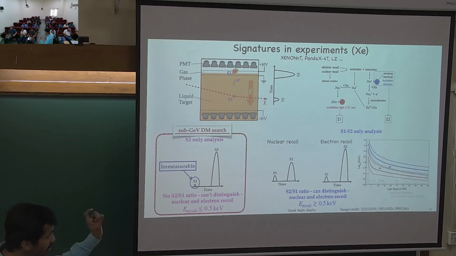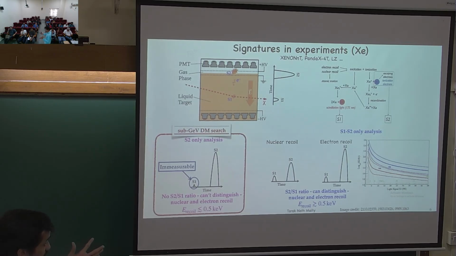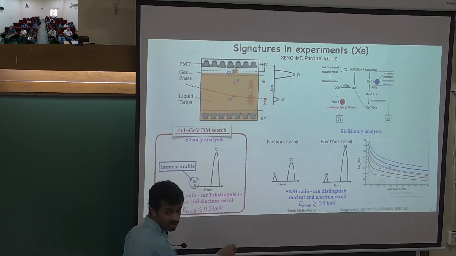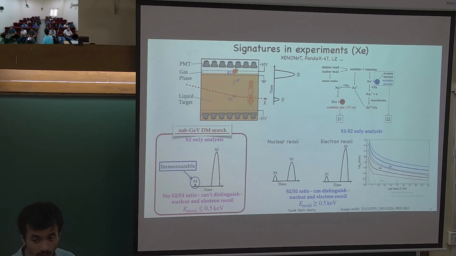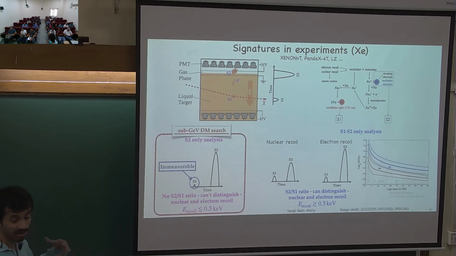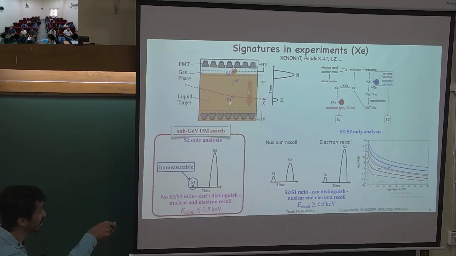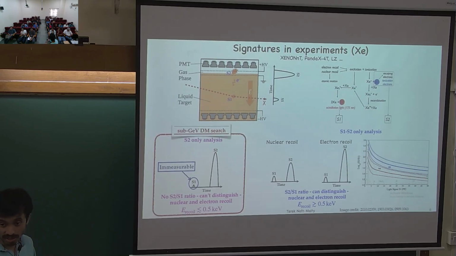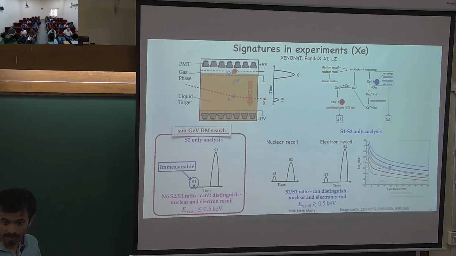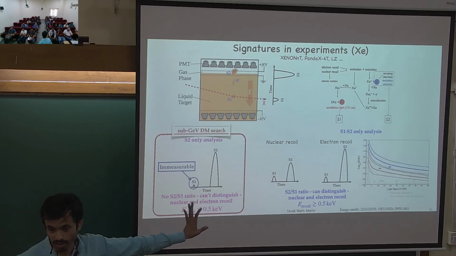So for nuclear recoil, the width of the pulse, this width that you are talking about. Oh, okay. That actually depends on where the interaction is happening also. If you have an interaction happening, let's say at the bottom, then it would be more diffuse, and the width would change. So it depends on various different things. These are just schematic. Don't take it very seriously.